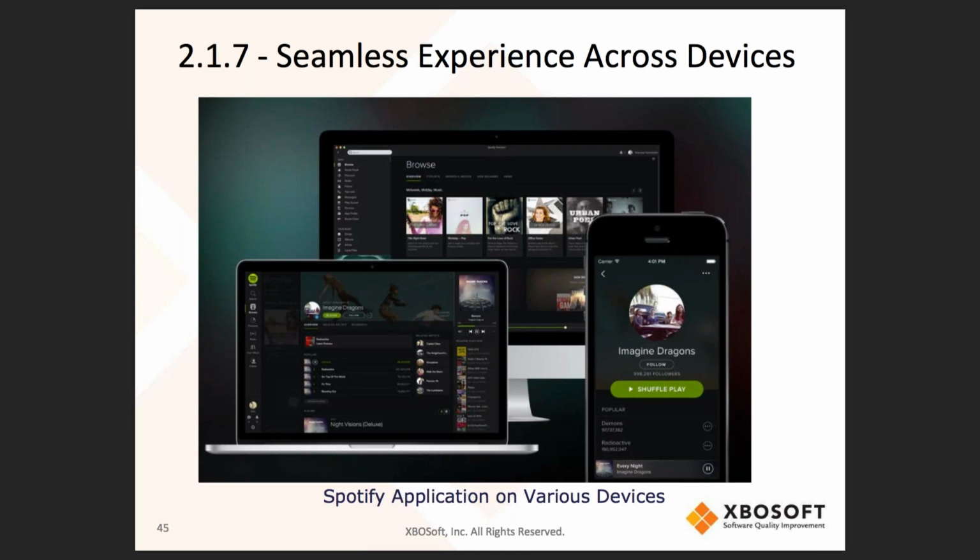But Spotify does a good job of creating these interfaces such that they're very suitable, much more simple on the iPhone. Many additional things can be put on a bigger screen, in the case of, let's say, the MacBook. But in the end, a Spotify user has a pretty good chance of being able to navigate either one with little or no problem.